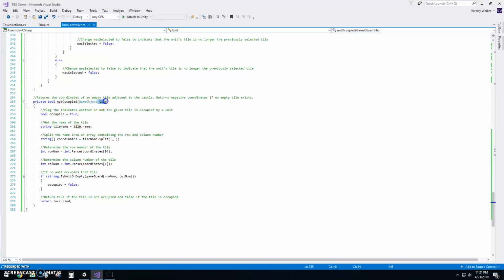In this case, the touch actions dot selected tile. Now initially this is equal to true, so it assumes it's occupied until otherwise proven. We get the name of the tile, and we go through that whole coordinate or index parsing action. And then right here we'll say if the string located at game board row number column number is empty or equal to null,